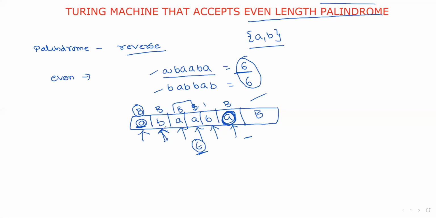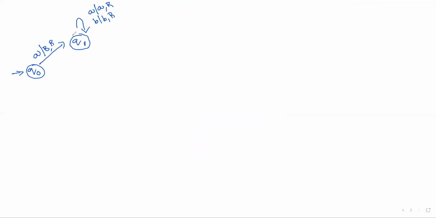What to do in Q1? If you receive A, it is replaced with A and we move right. B is replaced with B and we move in the right direction. This process is repeated for all the symbols. Whenever we receive a blank symbol, the blank symbol specifies that that is the end of the string. Okay, you got it? So here I am receiving the blank symbol.